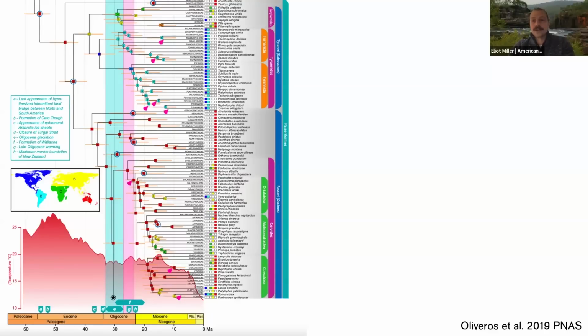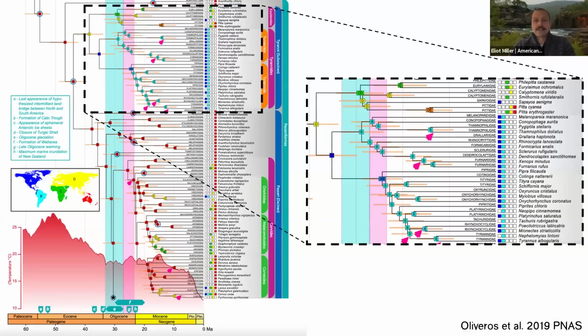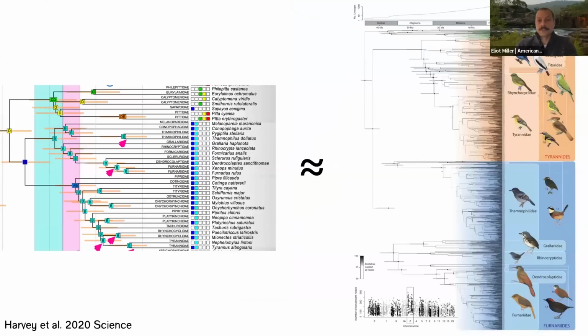So in 2019, Oliveros and colleagues published a great study in PNAS that puts forward a phylogeny for most of the passerine families in the world. And I'm showing a portion of that here. And then within the dashed lines, I'm drawing attention to the suboscines, which are the flycatchers and furnariids, antbirds, antpittas, all that stuff, suboscines. So they did a great job of showing us where in the tree of life suboscines plug in, but their study only included about 20 species of suboscines. It is actually a very large clade of birds, largely restricted to the New World.